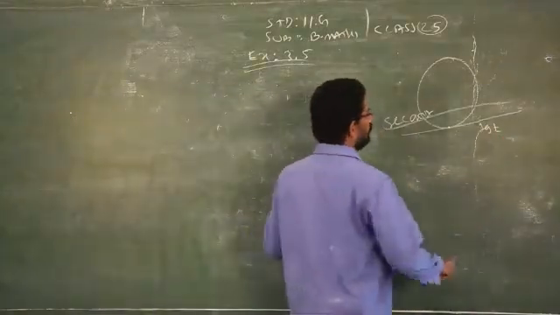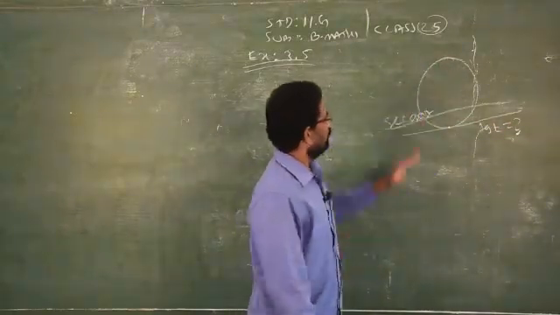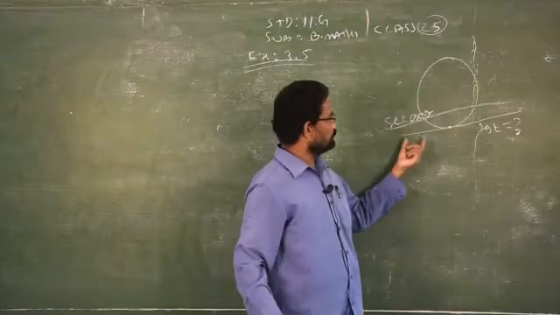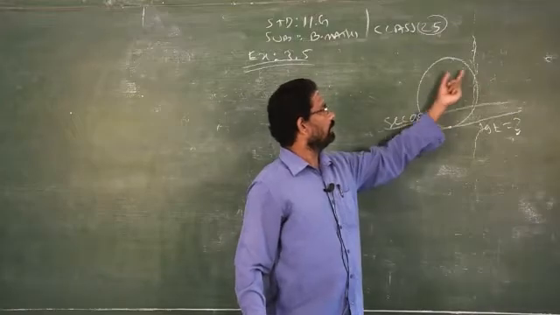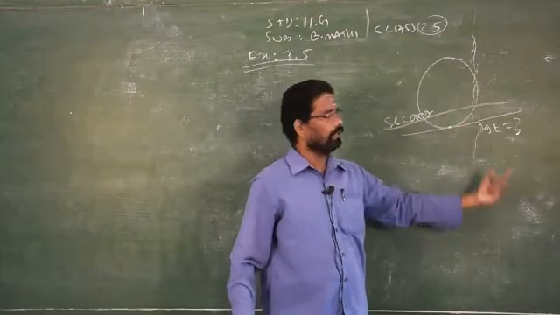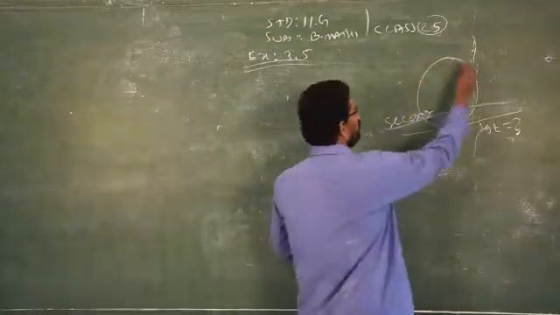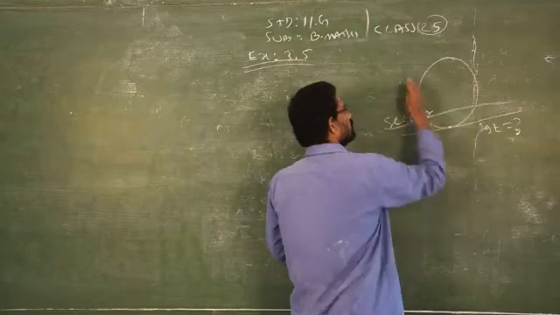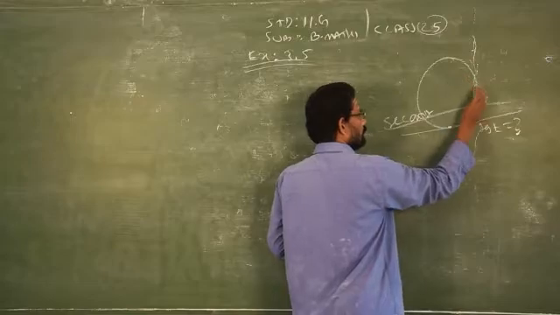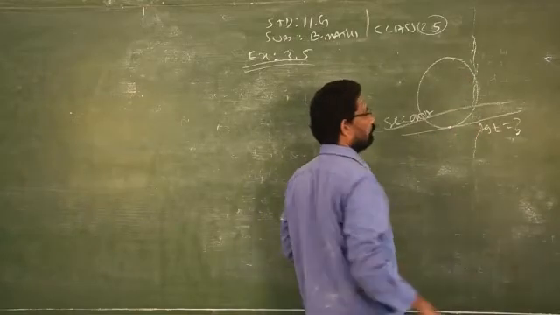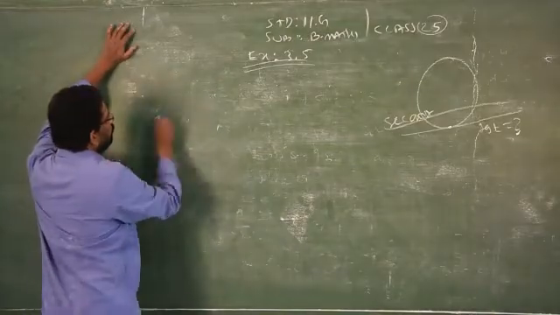So now you have to find out these equations. When the equation of the circle is given, when the straight line is passing through a single point on the circle, when the point and the general equation of the circle are given, then how do you find the equation of the tangent? That only you have to study now. So this is a circle, they will give the equation of the circle and the point also. By using that equation of the circle and passing through the point, you can find out what is the equation of the tangent. So you have the formula to find the equation of the tangent as